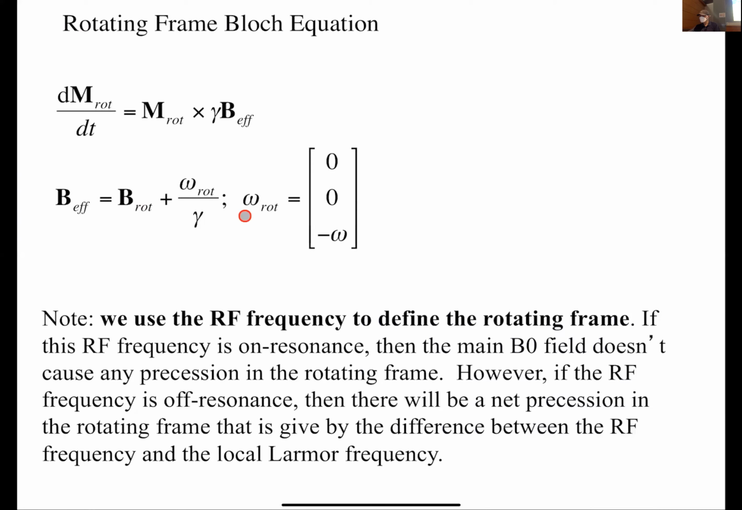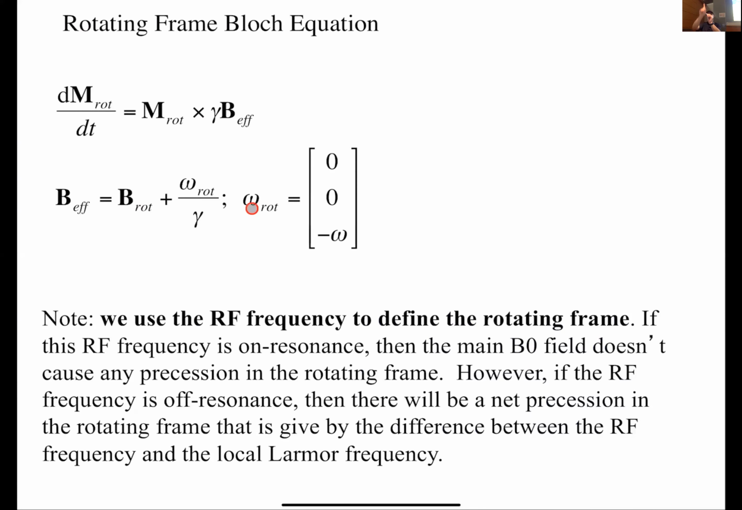So the idea is, if we're on resonance, then the B effective should just be this field that we're applying. If we're rotating around, then this is rotating around, but once we're in the rotating frame of reference, it's steady. This is the B field we're applying. And so if we're on resonance,